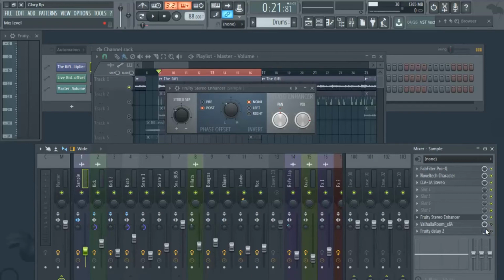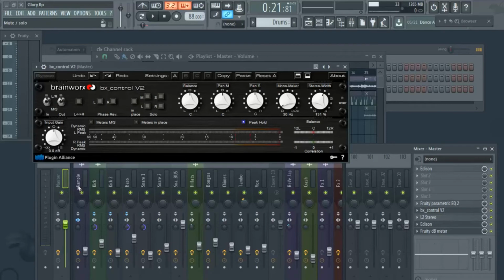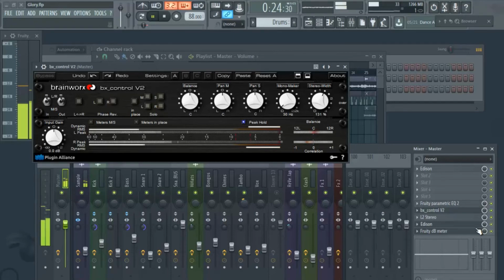And then overall, what we did was we put what's called the BX control, and this is by Plugin Alliance. This is one of my best plugins that I cannot live without. This helps make the overall mix wider than what it already is. So we already put the enhancement on the strings, but when I play it with this on there, it's so much wider. Now you can hear the reverb and the actual effects in the background. They're a little bit wider and spaced out, giving other things in your mix room to have a place. If I play it without,